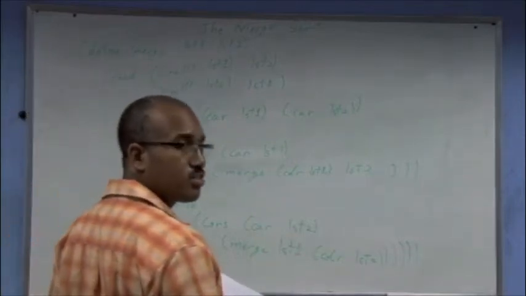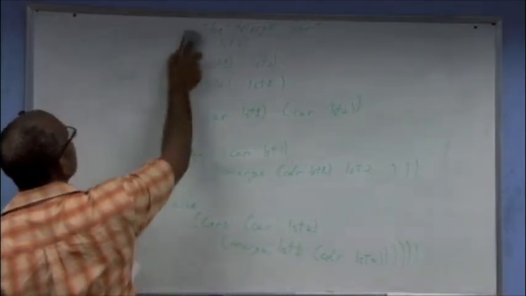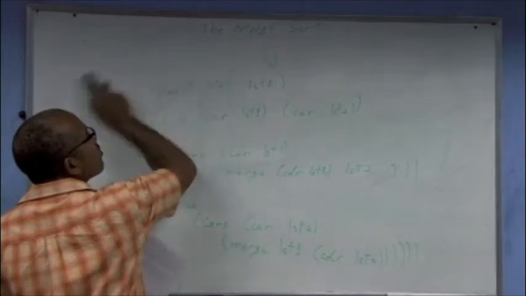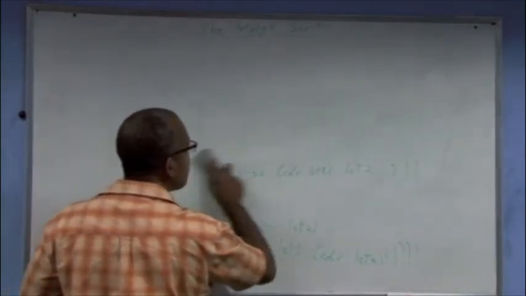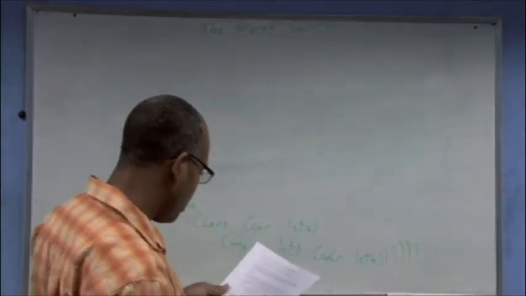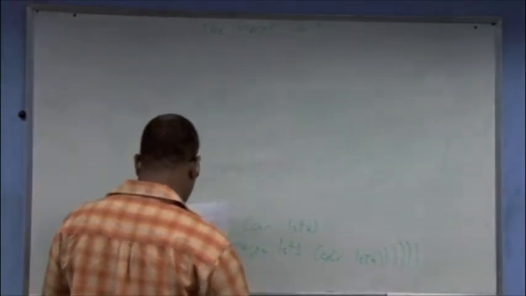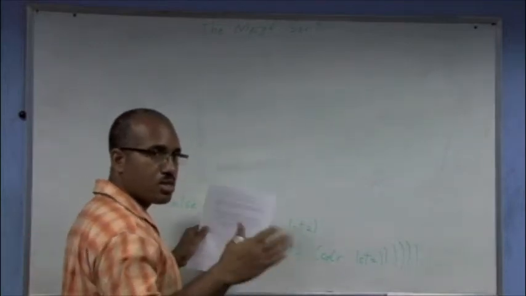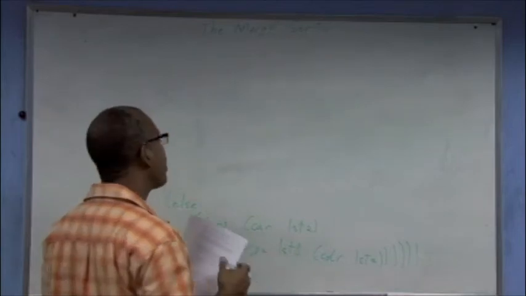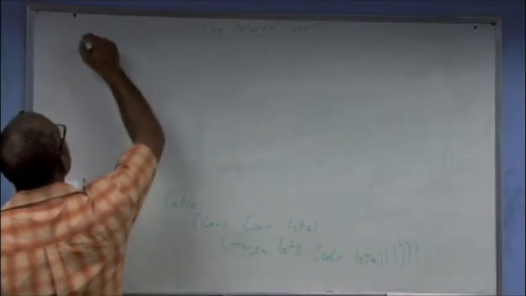I'm going to take off the top part so I can start writing for the next one. So next we're asked to complete the rest of the merge sort. Now we're told to assume that we already have a function that could split the list into two halves. We won't bother to write that right here. So we'll define